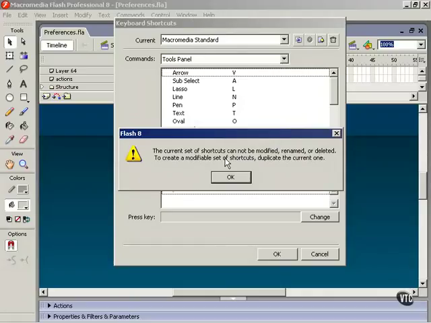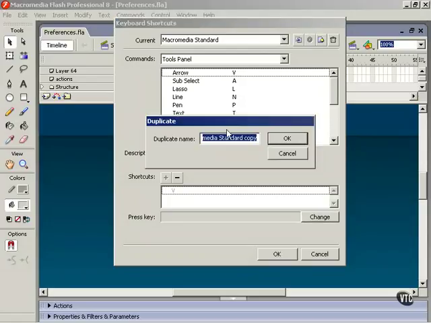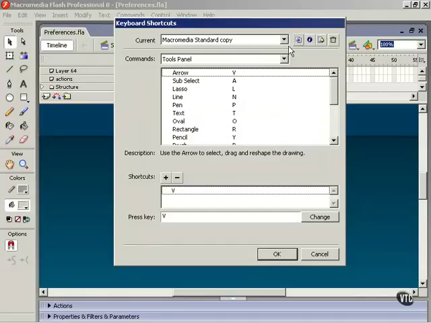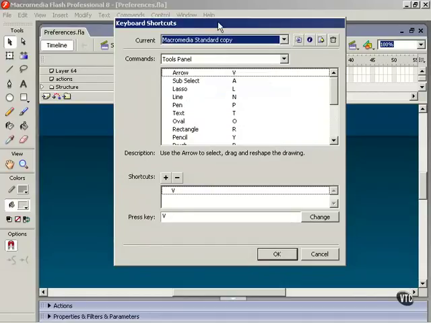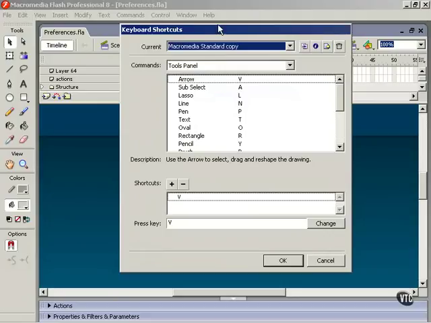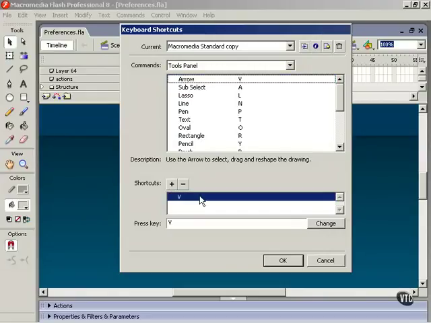But all we have to do is duplicate the current set. And that's up to the top. We have a Duplicate Set button here. Click that. We're prompted for a name. I'm just going to call it Macromedia Standard Copy, and hit OK. So, we set the current keyboard shortcut set to Macromedia Standard Copy. Now, we can select Arrow, go down here, select V,